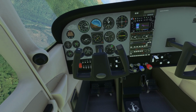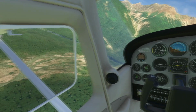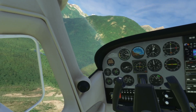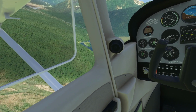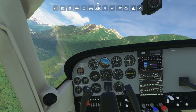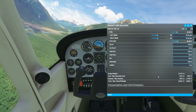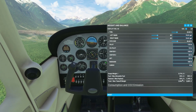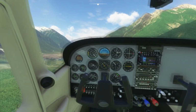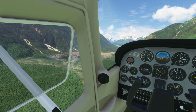Fuel is about a quarter tank, so we've got plenty of fuel, definitely plenty to make it somewhere with fuel, back to where we came from. But we're about half on our payload. Let's have a quick look at the numbers exactly, see what we're actually sitting on. We're sitting on payload, about 530 pounds out of 1100. A little under half our payload is currently being used, so